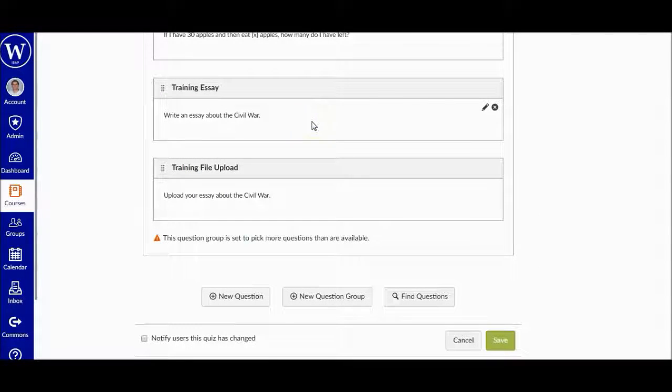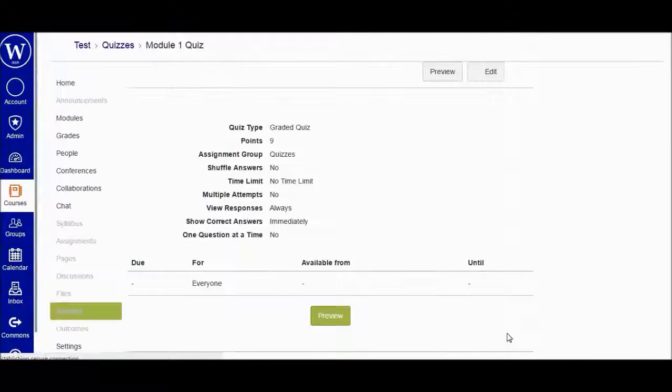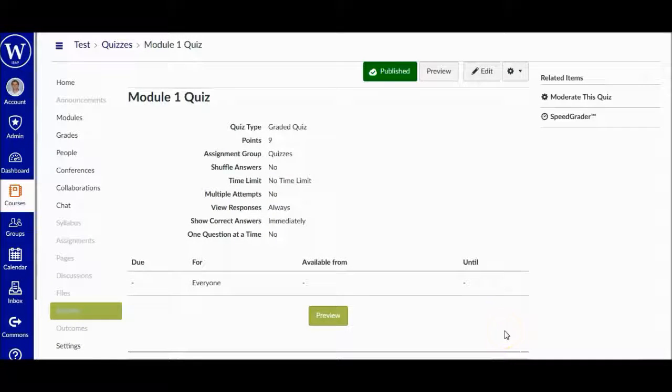Now that we have all of our questions done and we have some of our questions put into a group, you're ready to save the quiz. Make sure that you hit save, or if you haven't published it, hit save and publish. And there are a couple of things outside of the quiz that I'd like to show you. The first is that if this is a timed quiz, or if I only give 1 try per quiz, and I have a student with a disability that requires an accommodation like extra time or extra attempts, I can click on Moderate this quiz,